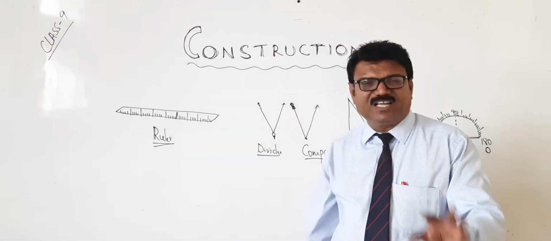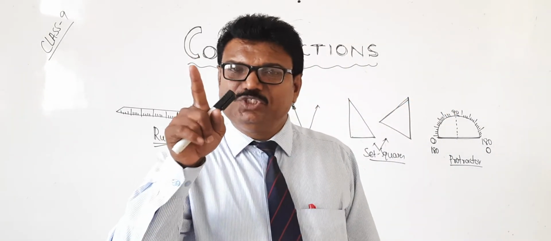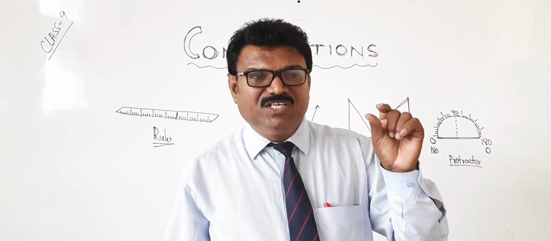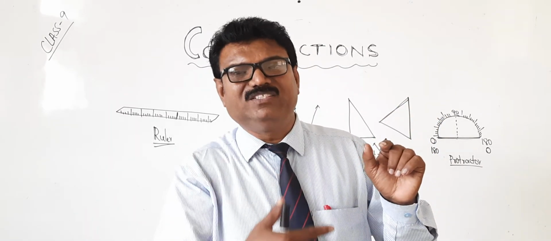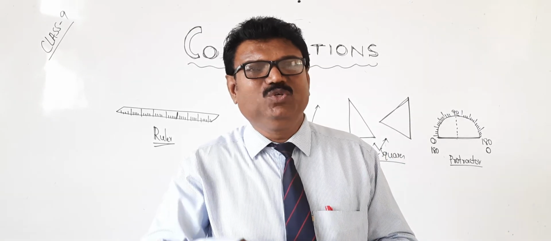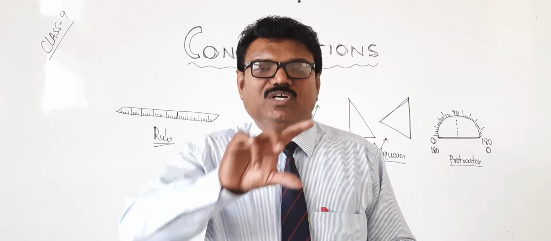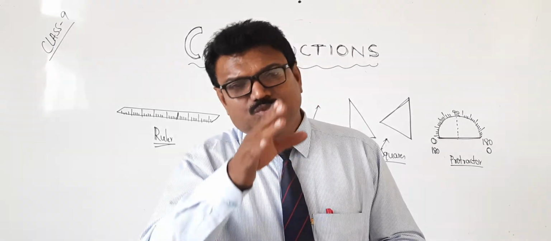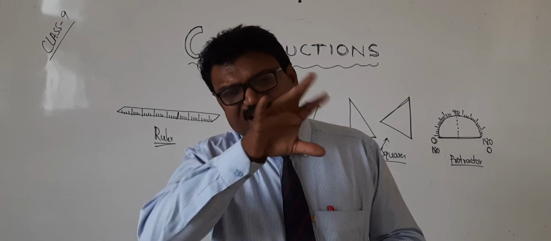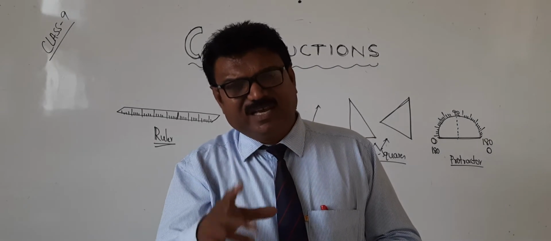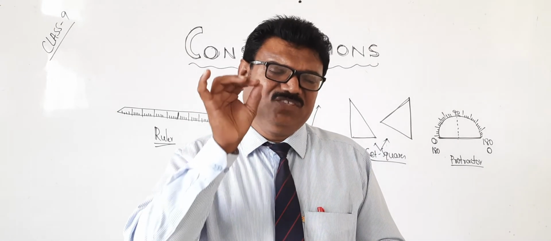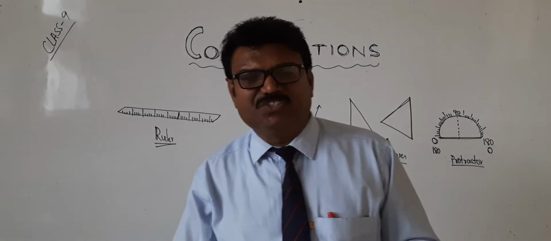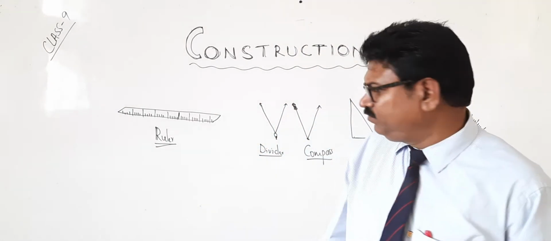For compass there are two ends. One will be a sharp end, and the other is not sharp, but there you will get a space to keep a pencil. With that pencil you can cut the arc. To draw the arcs, to draw the circles, it is useful, and it is a very, very important tool in the geometrical figure. So when we will be constructing, at that time you can see that.